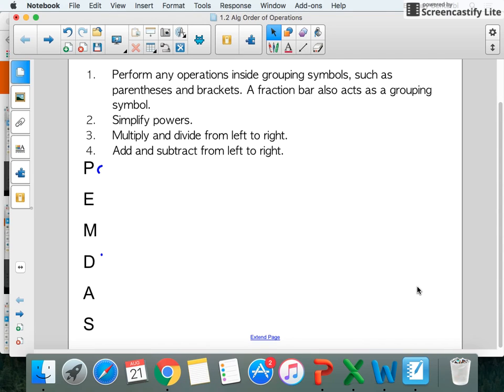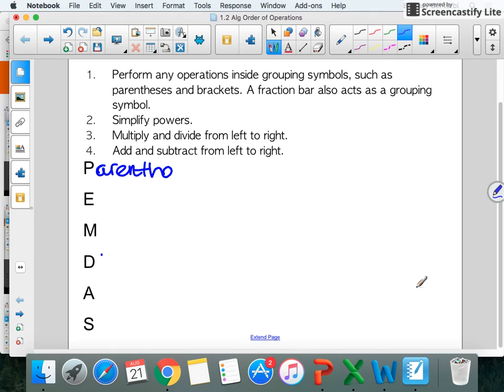So our next section is order of operations. When we do order of operations, we're going to be solving expressions or equations, and we have to make sure that we follow the correct order so we get the correct answer. So the order goes parentheses first, and that includes any type of bracket or anything that's inside of